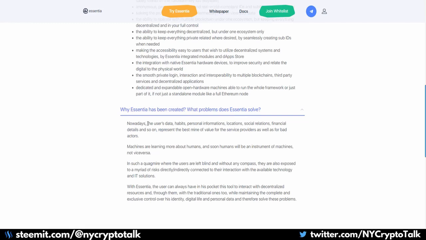To be able to keep the user's data, habits, personal information, location, social relations, financial details, and so on, represent the best mine of value, for the service providers as well as for the bad actors. So, as you know, there have been multiple hacks over the years for major corporations. I know a lot of people know that Facebook has a lot of data on us. Google has a lot of data on us. They're basically trying to get away from that, to have all your data protected,